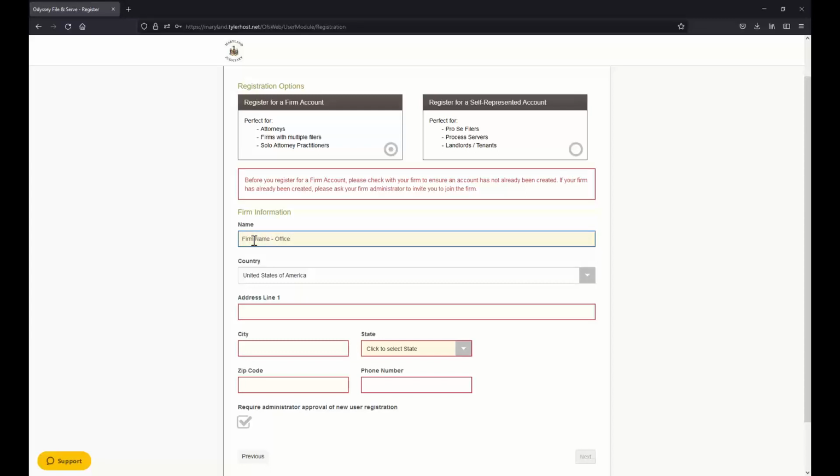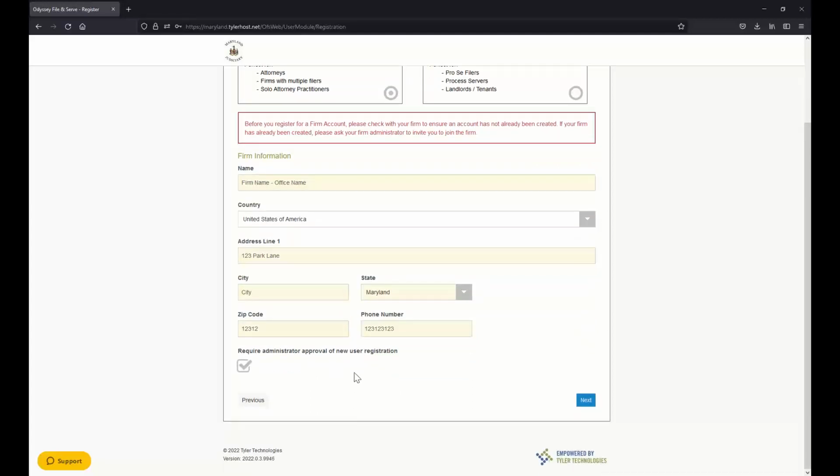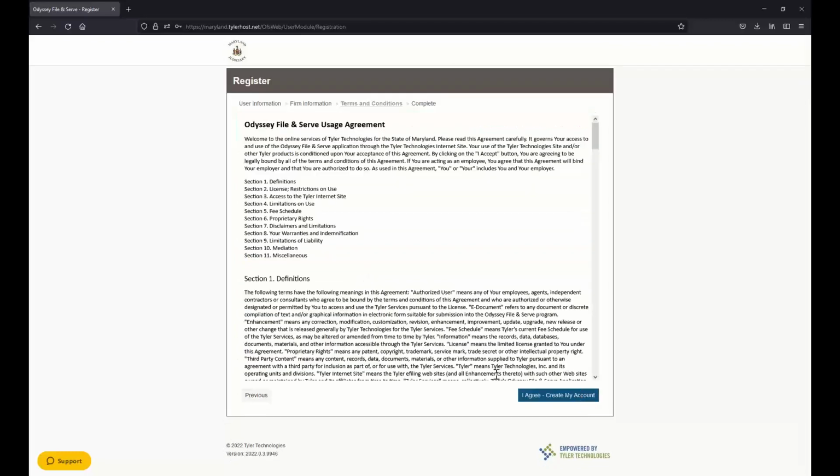So we're going to just type out our firm or office name, the country, the address, we'll select our state, and a phone number. We'll go ahead and move forward to the next option,